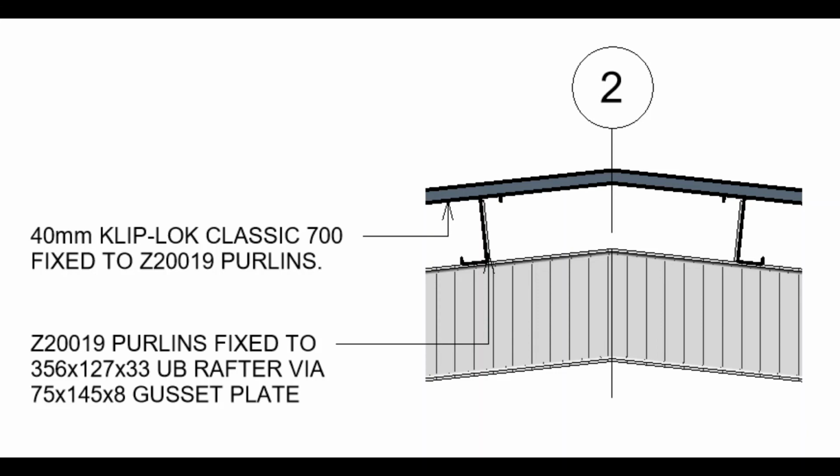Ensuring the roofing is sufficiently fixed and supported, the Z-section purlins to which it is joined are attached to the rafters using 75 by 145 by 8mm gusset plates. These were chosen as they allow holes large enough to use adequately sized bolts to secure the purlin to the portal frame